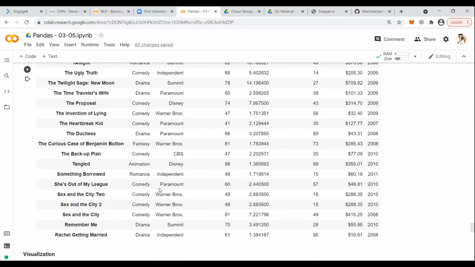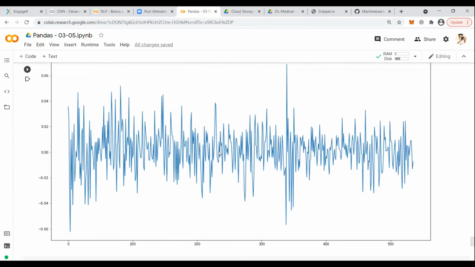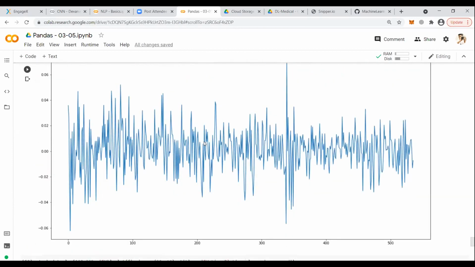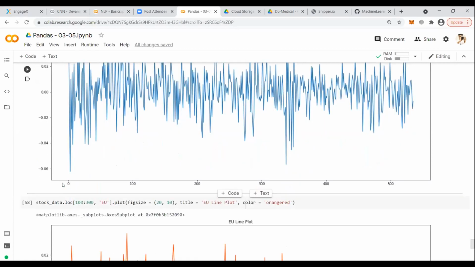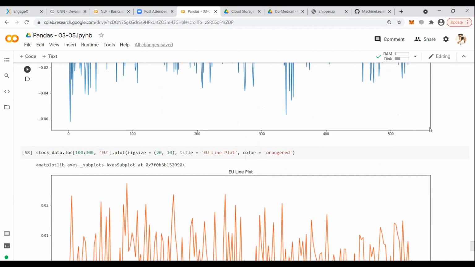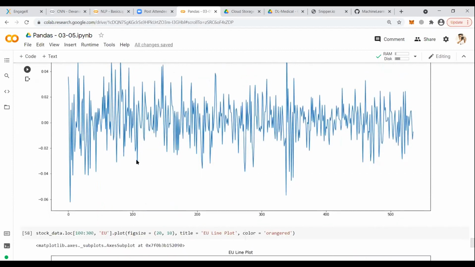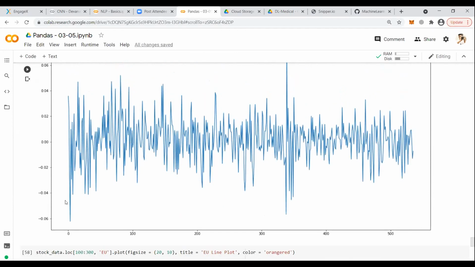Sir, I have already explained it; I'm repeating again. Here in this case, we have row indexes starting from 0 to 550, and the y-axis gives you the values. So it is row number versus value.